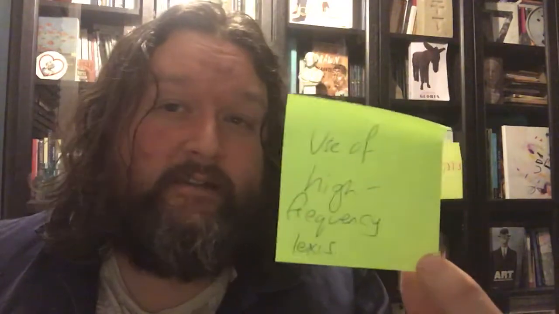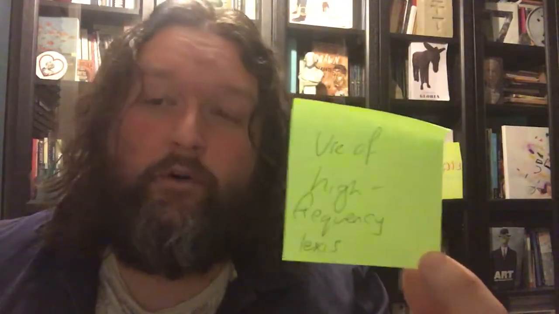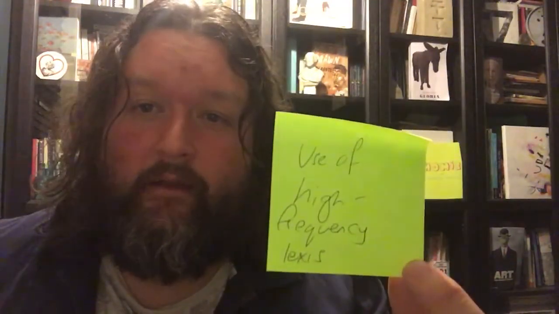I talked in the last video about use of low frequency lexis. So Blanche uses a lot of low frequency lexis, which is words that are not used very often. Stanley uses very high frequency lexis. Stanley talks in a more plain, ordinary way. Interestingly though, when Stanley is trying to impress people, he tries to use low frequency lexis. He tries to use this judicial language, the Napoleonic Code and all of those sorts of things.